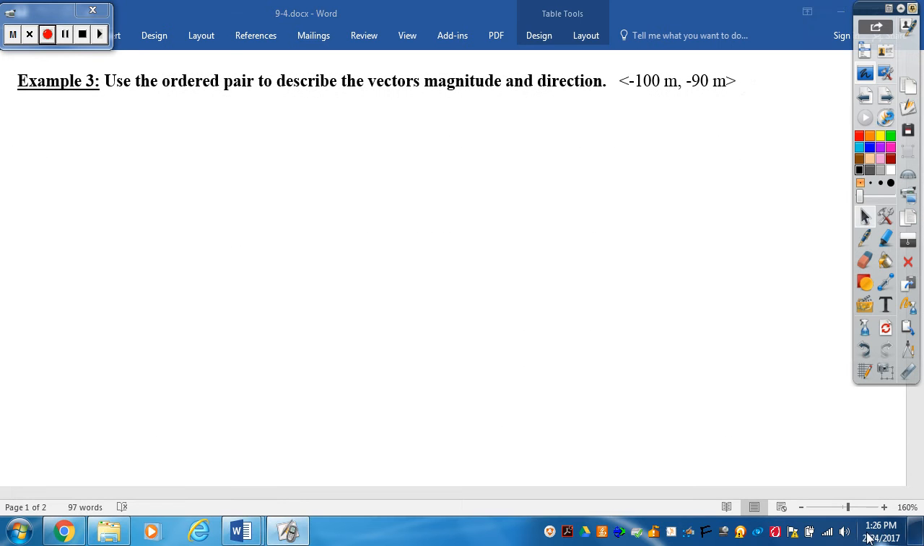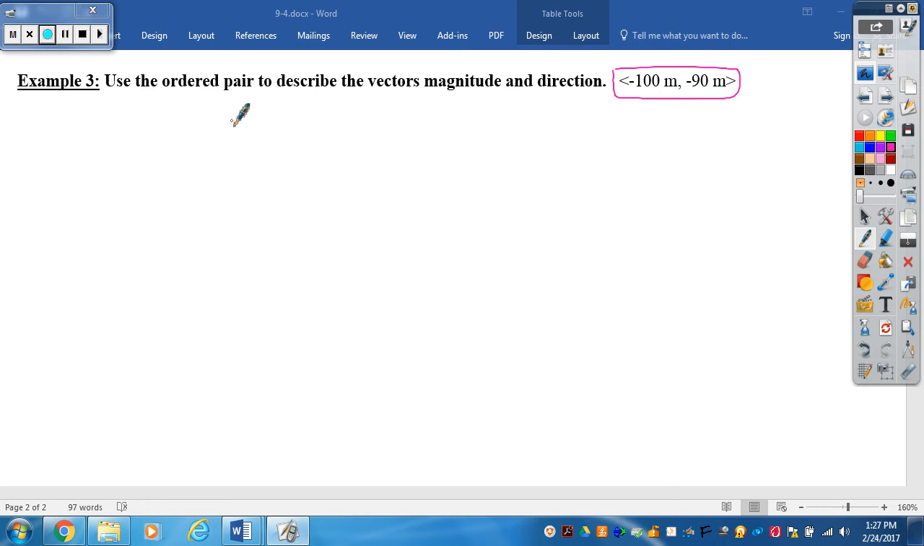Okay, and here's what we have. This time you're given the ordered pair of a certain vector. Okay, so here's my ordered pair. All right. Use the ordered pair to describe the vector's magnitude and direction. So what I'm going to do, now noticing I have a negative, negative, I know it's in the third quadrant